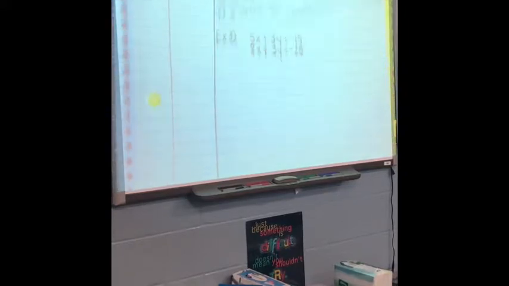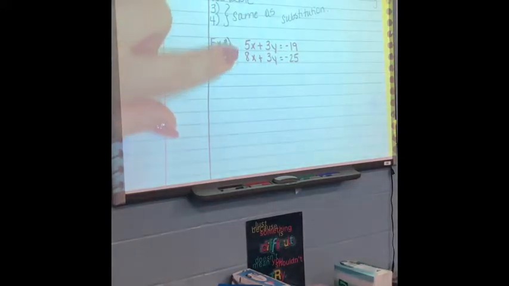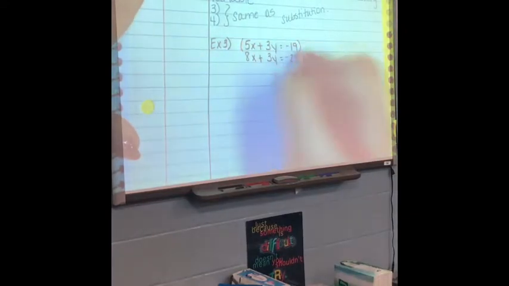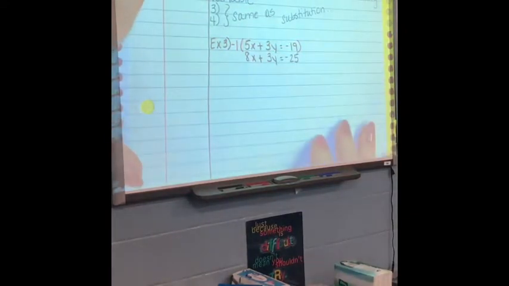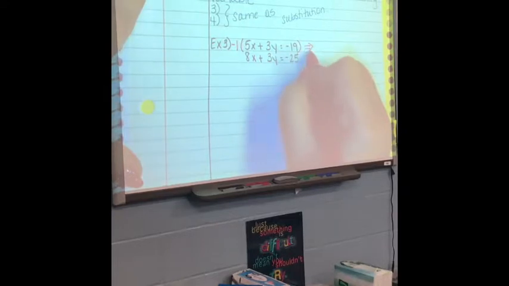So looking at the steps that we have here, which variable looks like we could possibly eliminate? The y, right? We see both carry the same coefficient. So what could I multiply one of these by to get them to be opposite coefficients? -1. So I'm going to multiply, it doesn't matter which one, just choose one to multiply the whole equation by -1. It's basically distributing it, right? I'm going to multiply every term by -1. And that results in